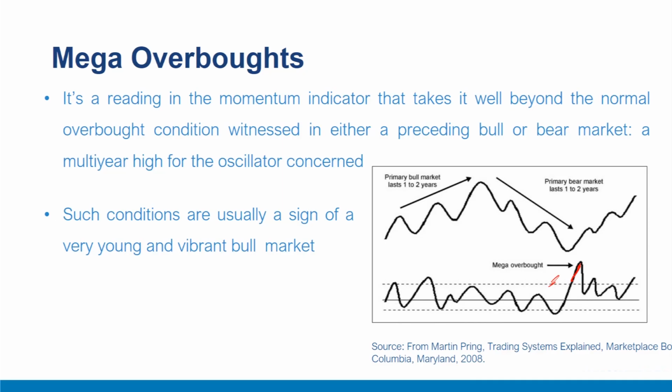The very fact that an oscillator is able to rise, even to such a level, can be used with other evidence, for example, some kind of trend reversal or trend line violation evidence, to signal that a new bull run is beginning. As we can see here, a new bull run is beginning. This is the starting point, as an overbought signal, mega overbought in fact, with the oscillator.